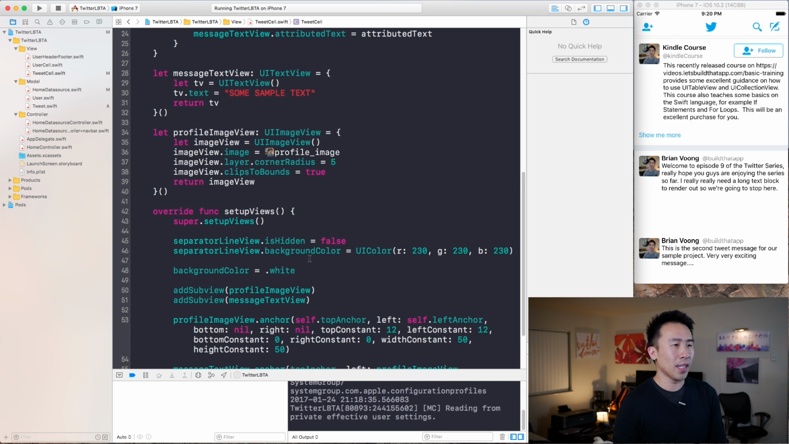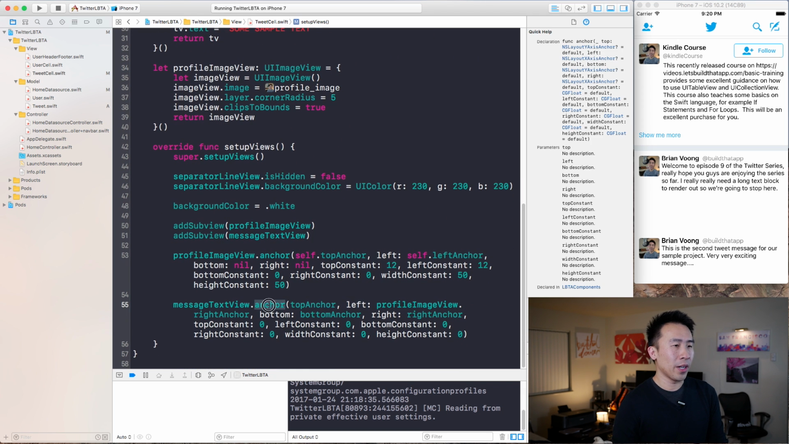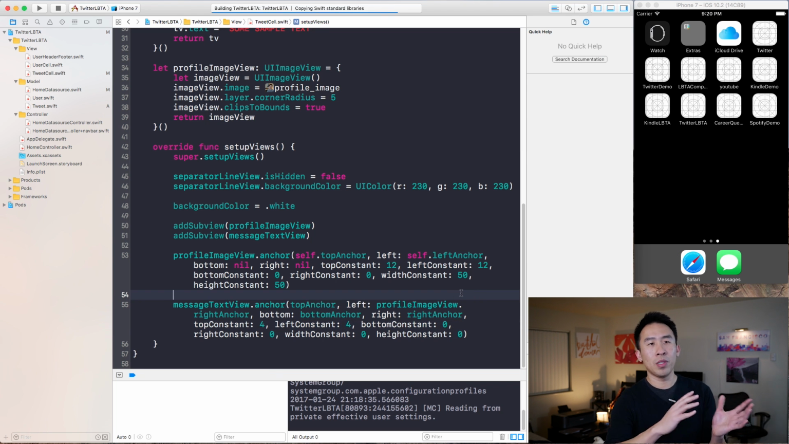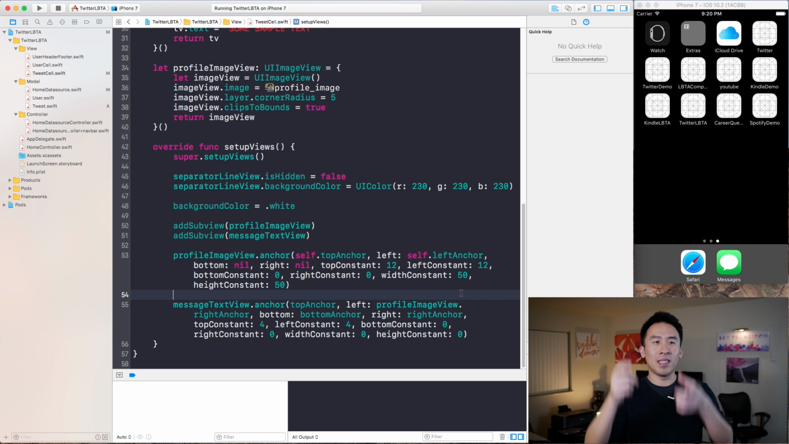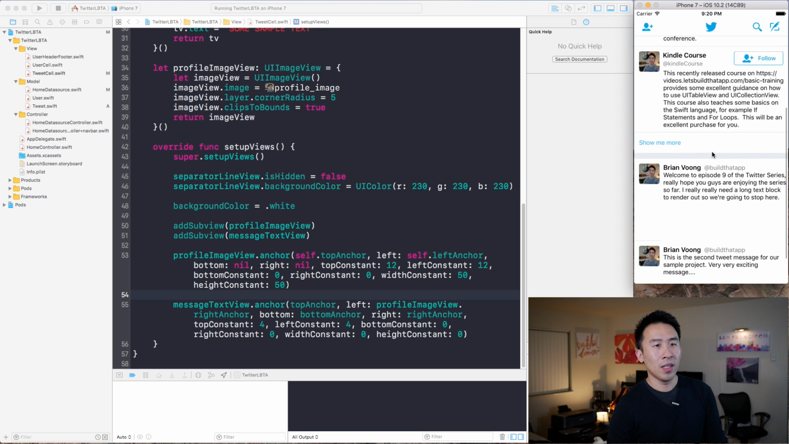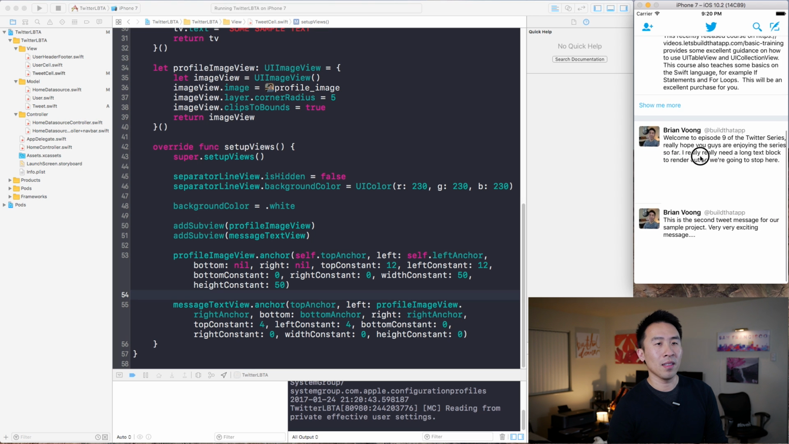So let's go to the tweet cell and message text view right here. We can easily modify the top constant to be something like 4 and the left constant to be 4 to just push it to the right a little bit and push it down a little bit from the top edge. So running that, we'll get a little bit more spacing for the text view,